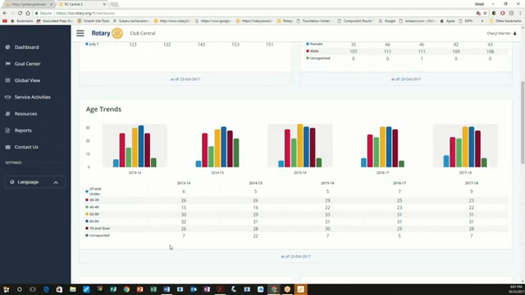Rotary really is trying to get a feel for what ages we have, and I know there are many clubs out there that have no ages in their database. But you really have to educate people that it's for demographics and trends only.